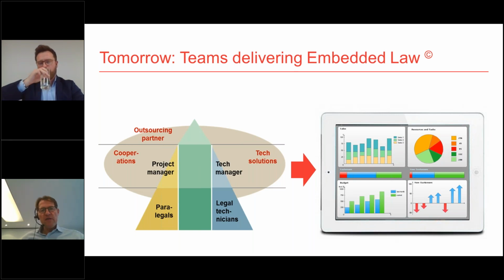So if you look at the left side of the picture, you will see that the way legal knowledge and legal services are produced is becoming way more complex than it has been in the old days. And what we envision on the right side is that the user experience for those who consume our products and services will become a lot easier to digest, as we'll more and more deliver dashboards, heat maps, and things we would call